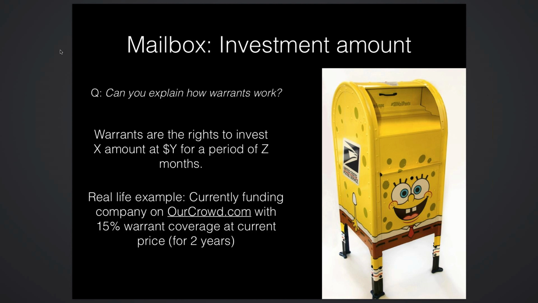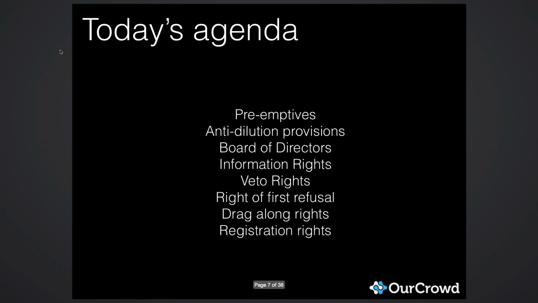The second question was related to the investment amount, and that question was to explain how warrants work. So warrants are the rights to invest a certain amount of money at a certain price for a period of a certain number of months, okay? So all three of those aspects of the warrant deal are predefined. Often, instead of it being X amount, which is a dollar amount, it's actually phrased as a percentage of your upfront investment. So you'll have something like 50% warrant coverage or 15% warrant coverage, which means if you take your original investment amount, that percentage is how much you have that you can invest at a later point in time